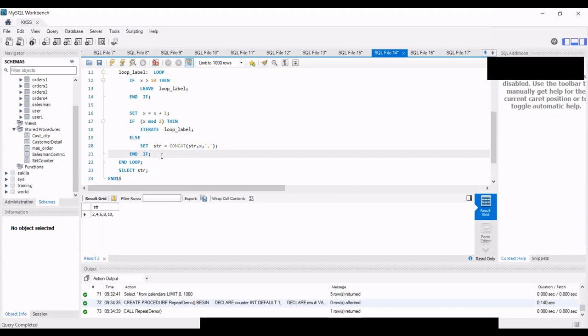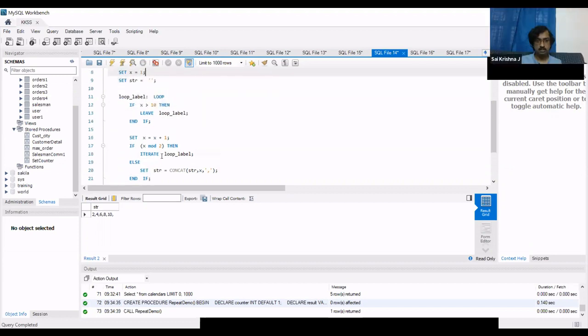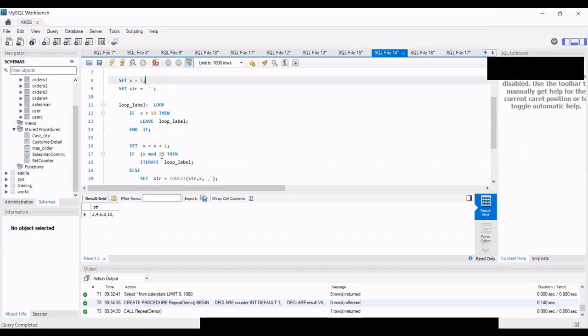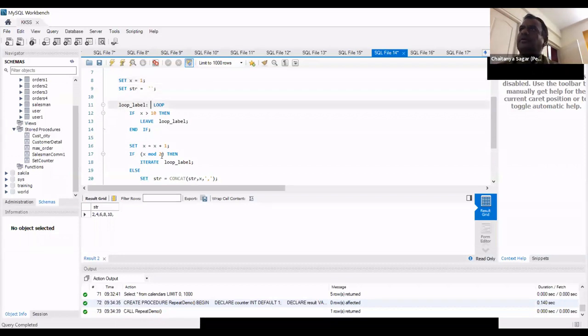Currently, we are just iterating. X is an iterator, and we are iterating on that number. X is just a number whose initial value we have set to 1, and it will continue till the value gets to 10. Okay, got it. So it is like a regular program, right? Yeah. Okay, got it. All right, sounds good.